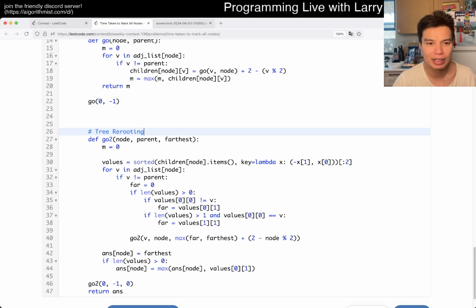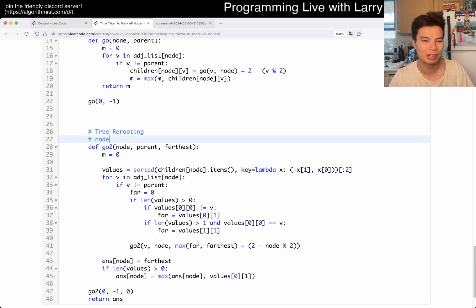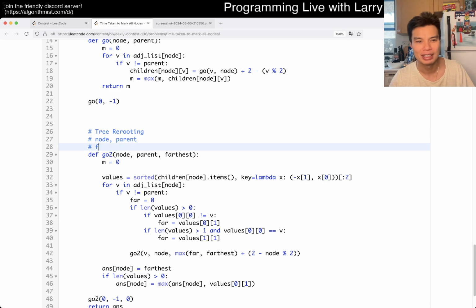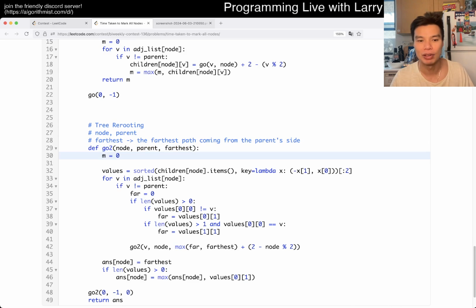So the idea here is that now we want to pass in one more variable, and that variable is the furthest. Basically, you can think of node and parents, I think I don't have to describe it, but furthest is going to be the furthest path coming from the node, from the parent's side, right? So if you think about this function, now it has everything we need, right? Because